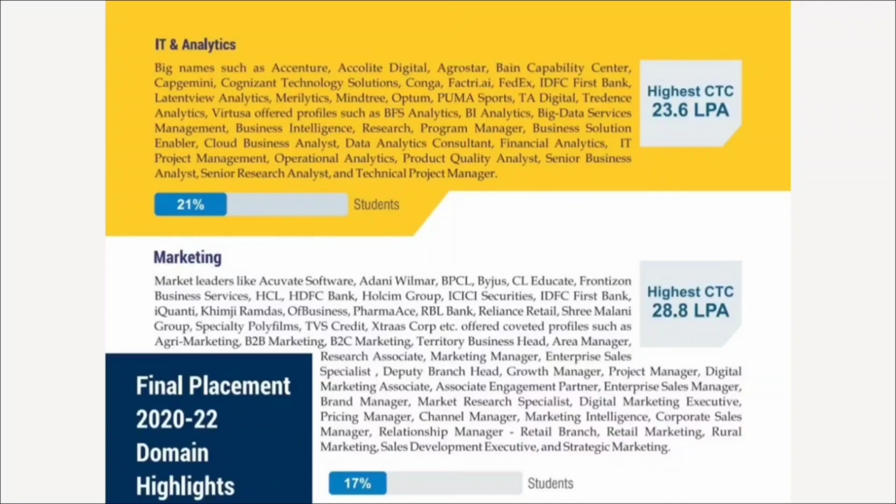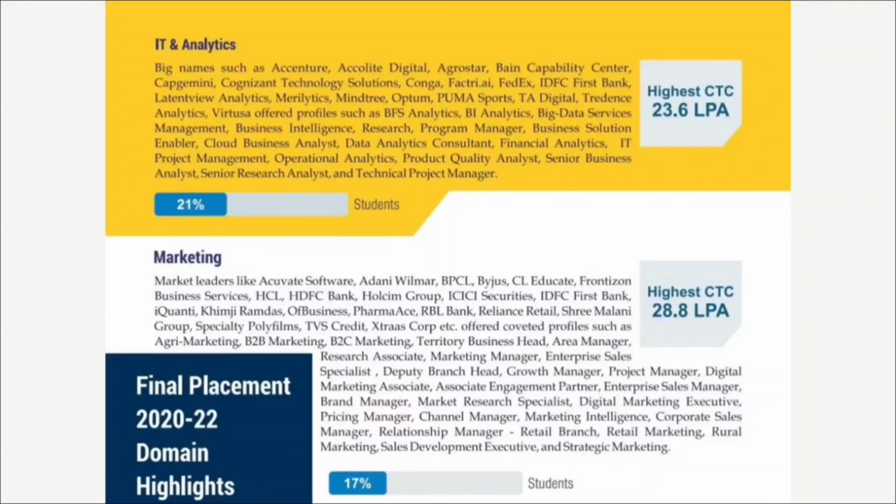The roles offered in IT and analytics are research, program manager, business solution, project management, operation analytics, product quality analyst, senior business analyst, senior research analyst, and technical project